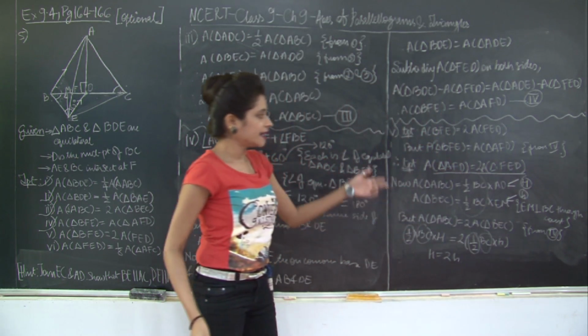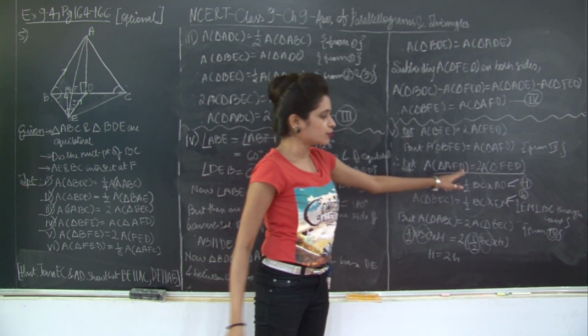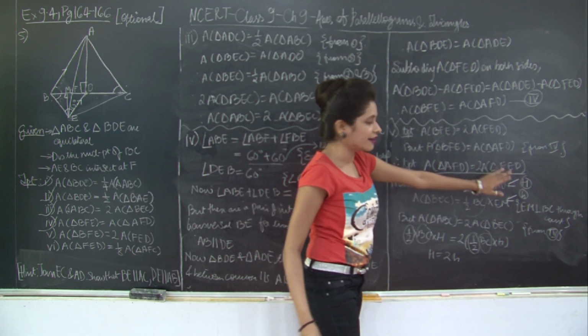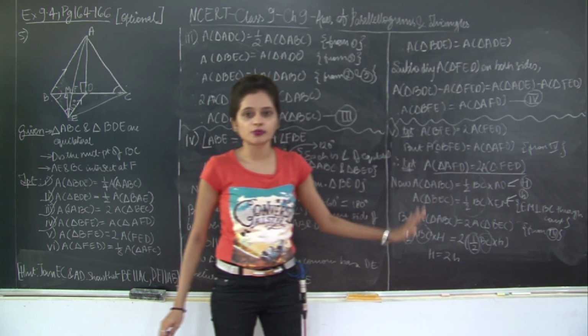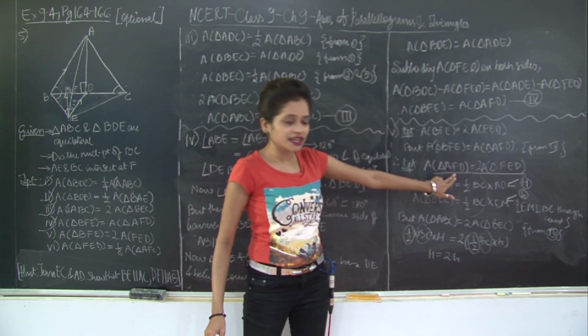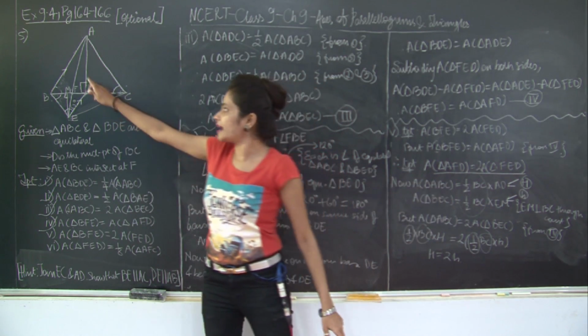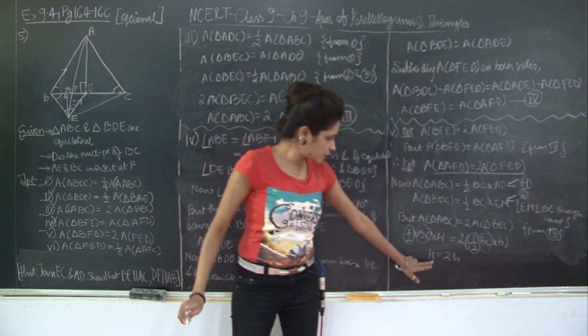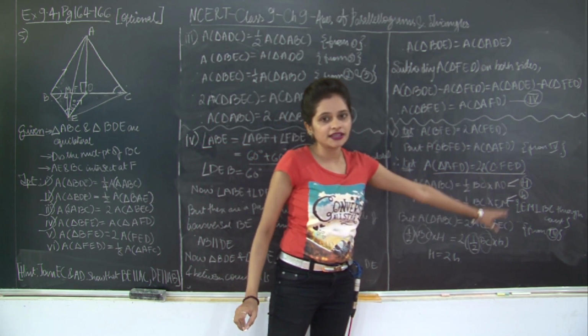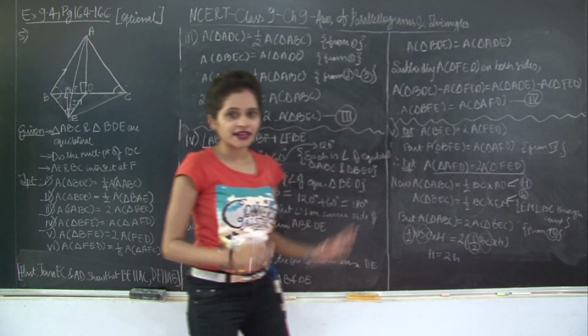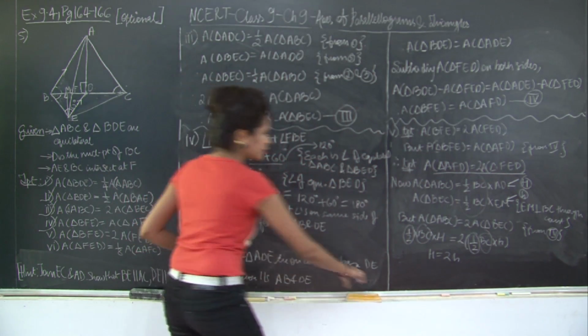And also if you notice, now coming back to this AFD and FED. Area of triangle AFD is going to be half into base into height, and area of triangle FED is also going to be half into base into height. For AFD, what is your height? Your height is going to be capital H, which is this, and for FED it is going to be small h. Okay, so let's write this down and then strike the relationship.